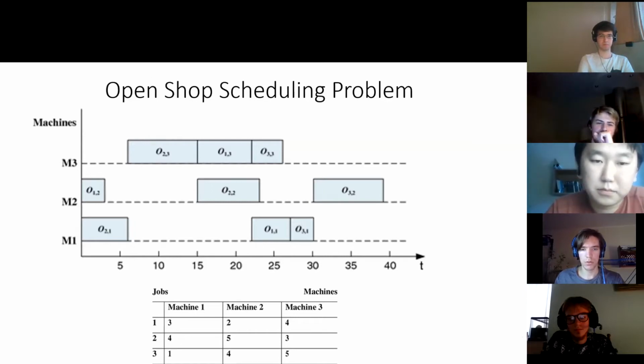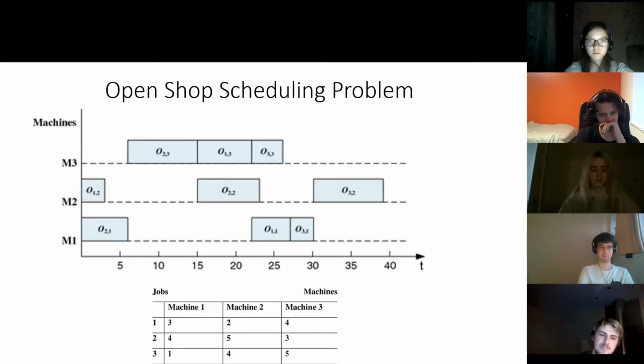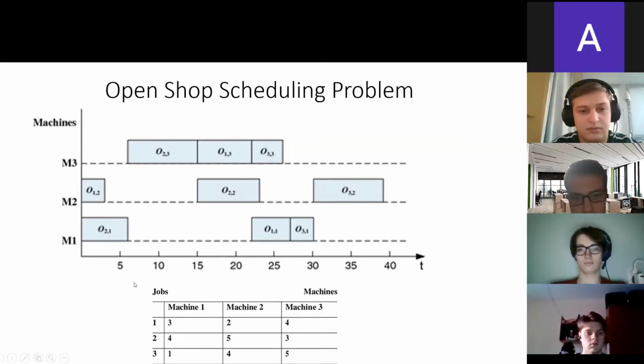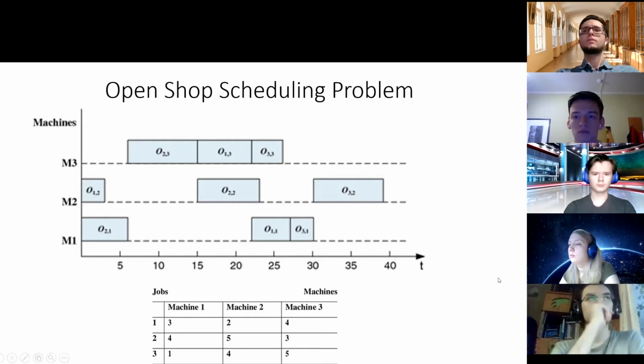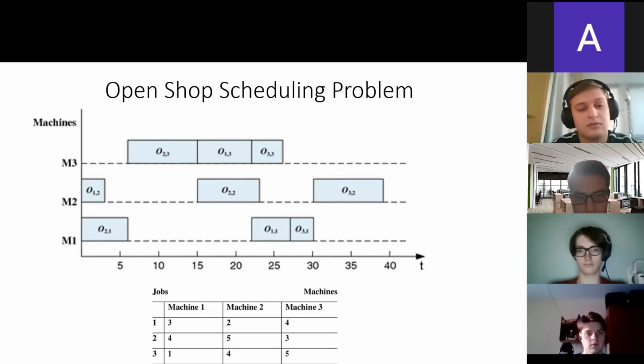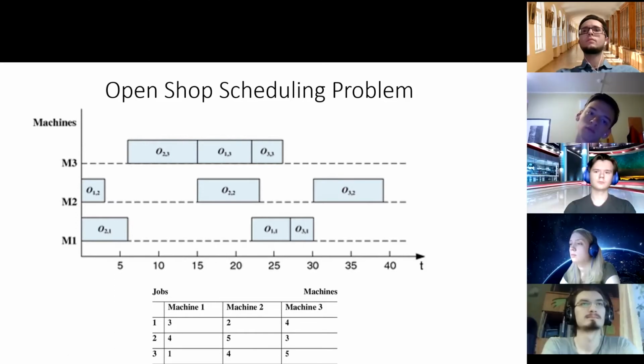As we know, we have a set of n jobs and m machines and a two-dimensional table of the amount of time each job should spend at each workstation. And we have two rules. First of all, only each